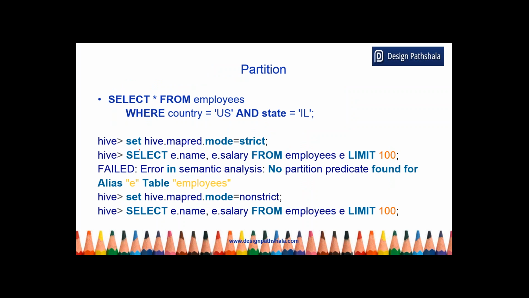So by default, these are a few parameters of Hive. If you run a query on a table which is partitioned and you do not give the partition by column in the where clause, Hive will throw you an error. To enable querying a table without giving the partitioned column in the where clause, you have to set a parameter and make it non-strict. Otherwise, by default this is strict mode,